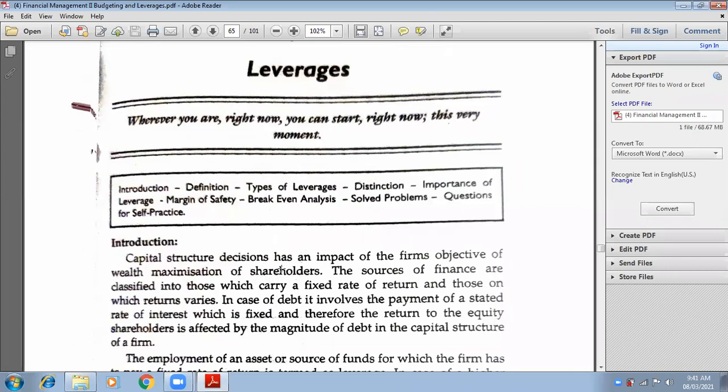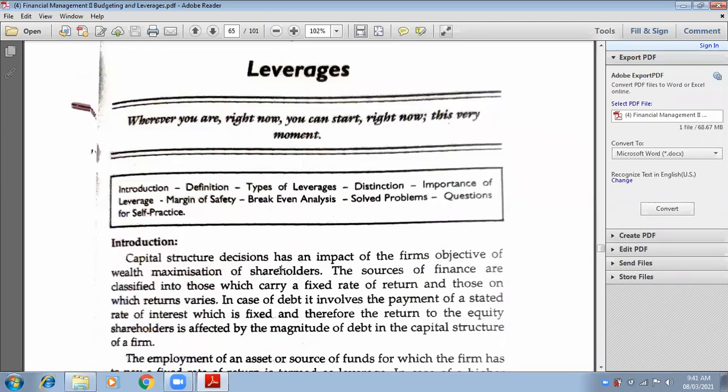So when others invest in your company, and the shareholders invest more and more in your company, what will happen? More capital will come in, more funds will enter your company. So you will expand your company with an increased production level. Earlier, you had only 2 lakhs of funds, so you could produce 10,000 kgs, maybe 20,000 kgs. But now shareholders are investing more and more funds, so you have more capital to invest in your business.